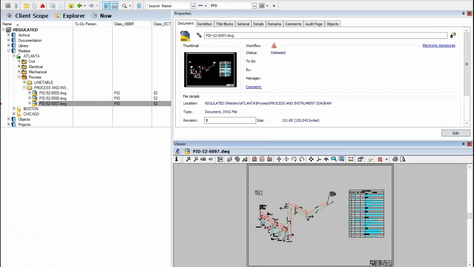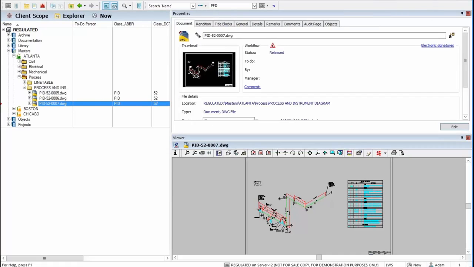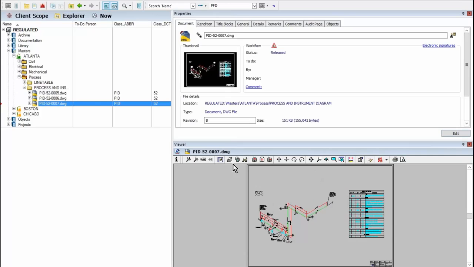So in this case, I have a released master document for a particular facility. It's a flow diagram. And in this case, I can see the CAD, the native file, and I can see the design of it as a designer or as a user that has these rights. What I also am able to do is switch the view from the native file, CAD file,